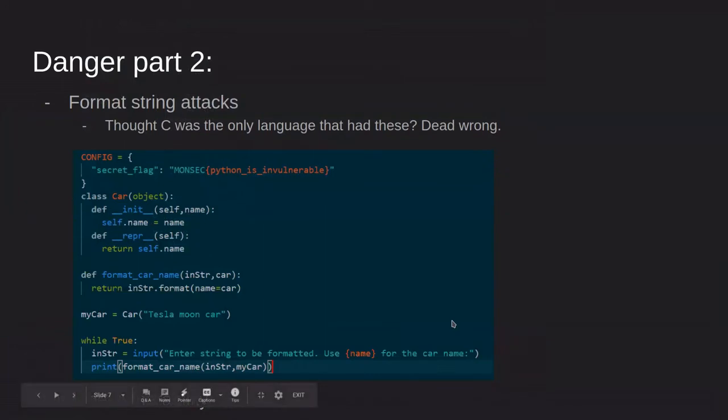So yeah, Python has format string attacks. String formatting, just like in C and other languages, is an area that you should be watching out for, because in this case, the fatal mistake is that we're passing the car object to format instead of a string literal.